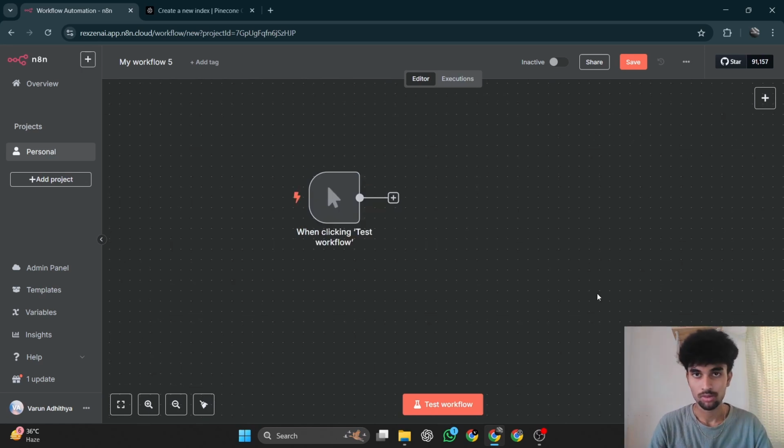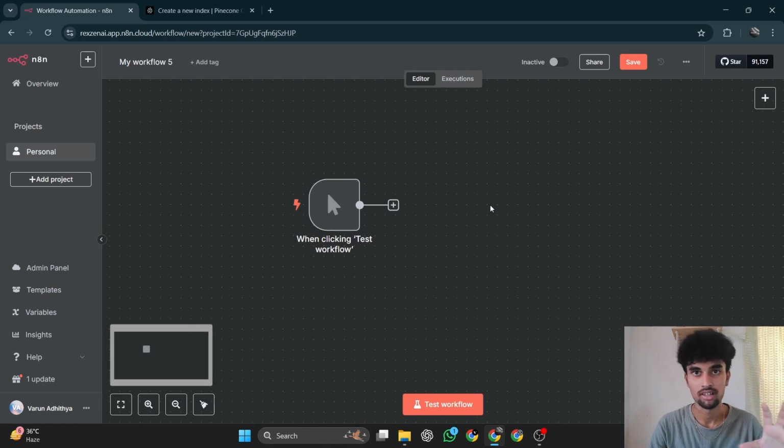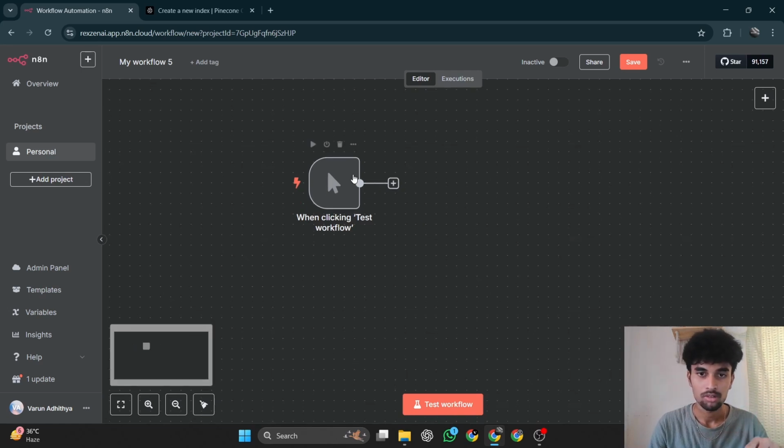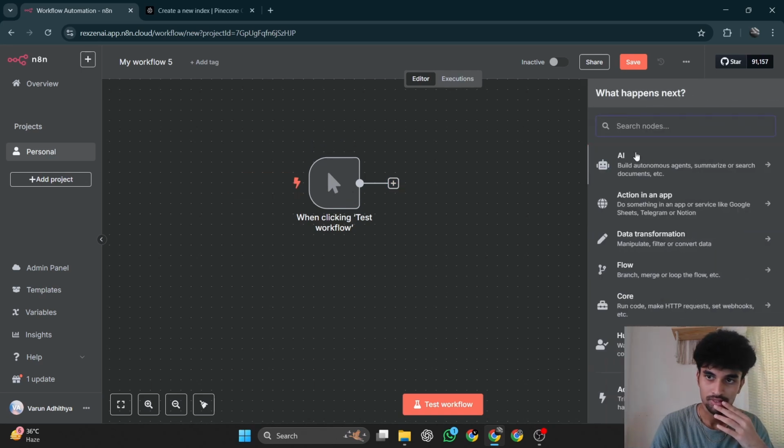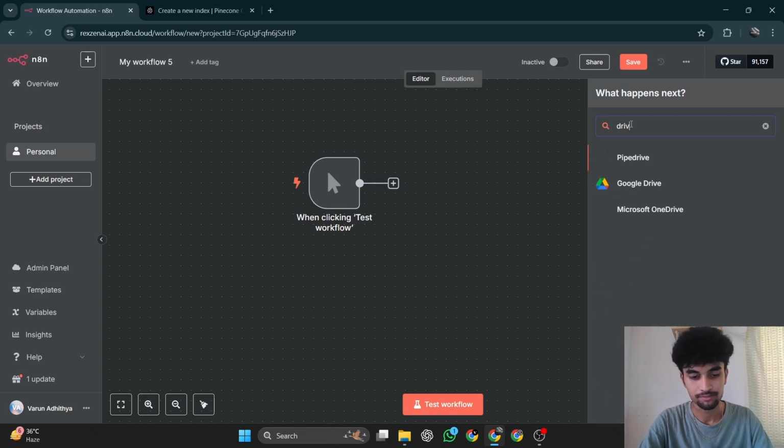Before proceeding with this workflow, I just want to mention one thing, which is we are going to create two workflows. One is where we insert the data into the database. The other is our regular agent. So let's build the two workflows and I will explain it clearly at the end. So for now, we just added the test workflow trigger, and then after this, we have to add a Drive